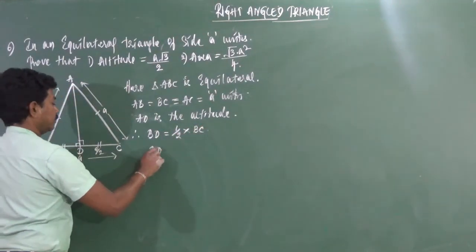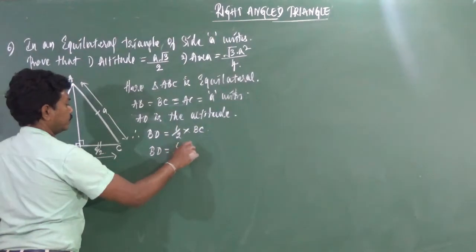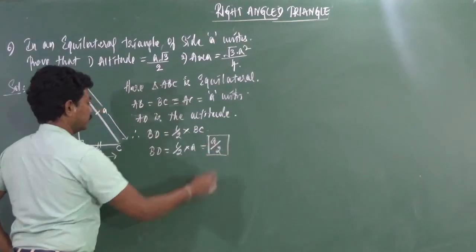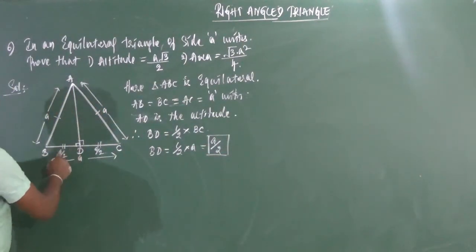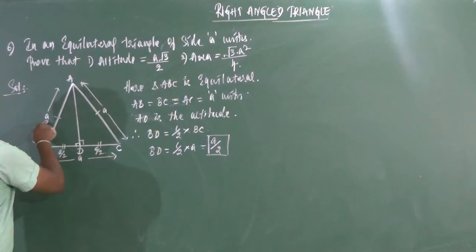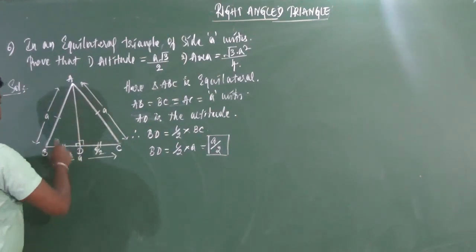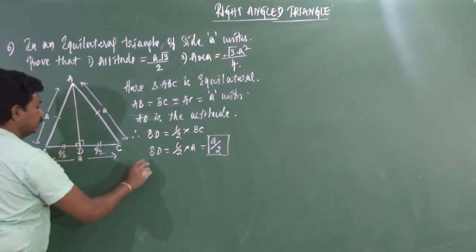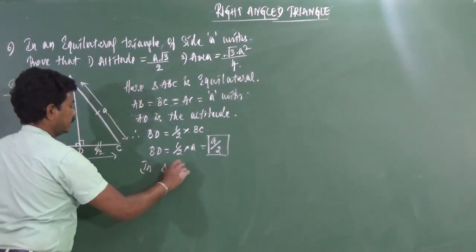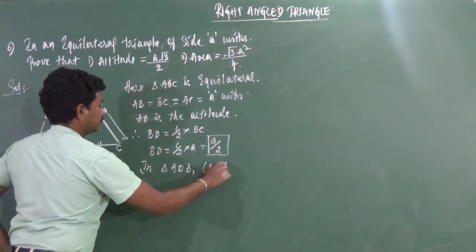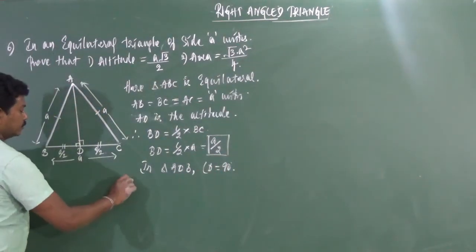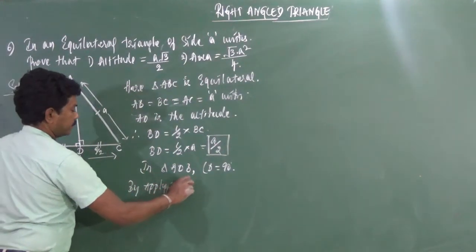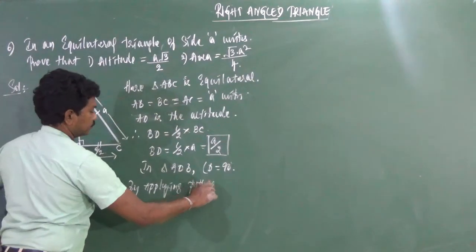So BD is equal to half into A, which is A by 2. So the length of BD is A by 2, and we have AB as A, and we have to find out AD. So now in triangle ADB, angle D is equal to 90 degrees. So by applying Pythagoras theorem,